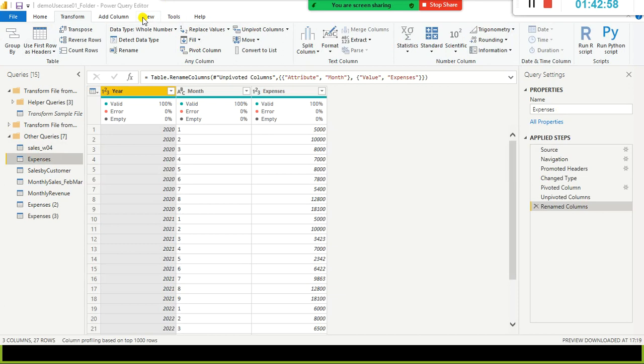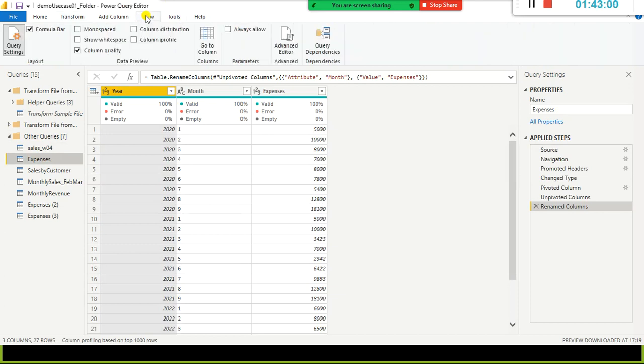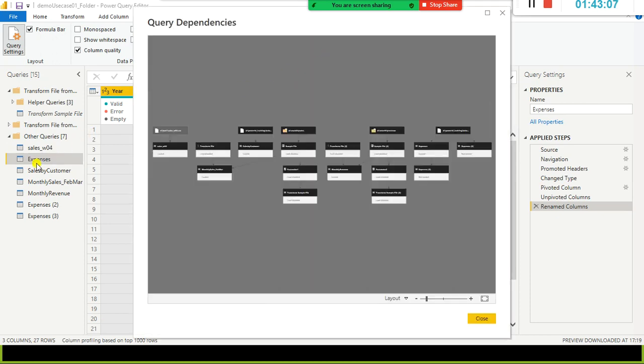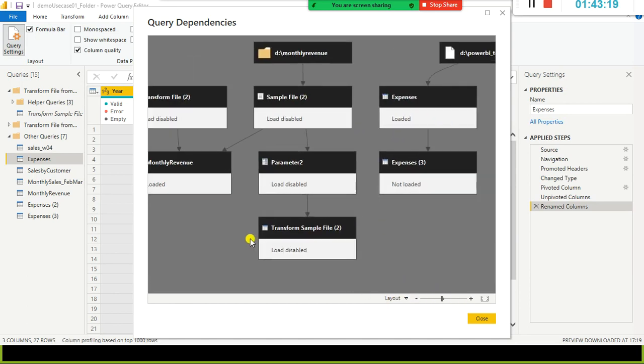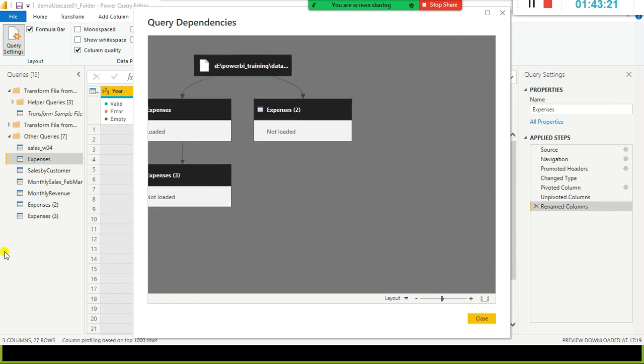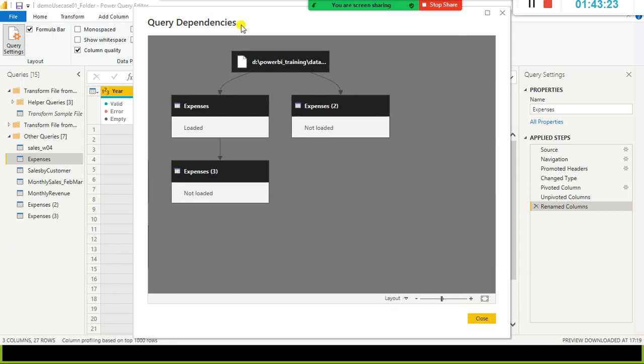We have an option here called view query dependencies. Now if you click on this, it shows the same expenses query, which I duplicated more than once. It shows everything here. I don't need to see everything. Look here, we are interested in this one, the expenses query.